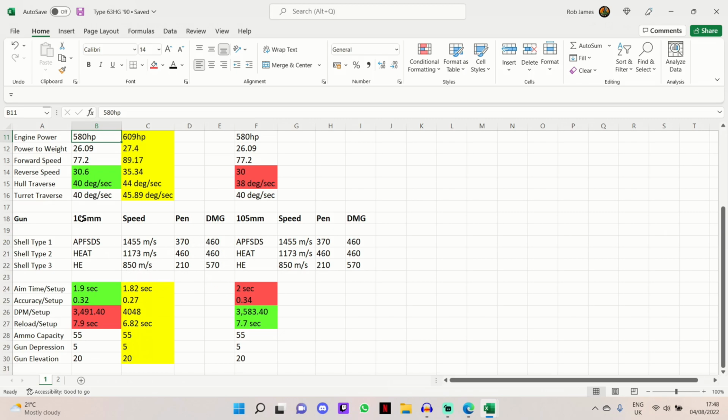So what alpha damage do you get on this 105mm gun? You get 460 alpha damage on your standard and premium rounds, and 570 alpha damage with those 210mm of penetration HE rounds. Penetration on the standard rounds is 370, which isn't too bad. It's not the best, but it is usable, and 460mm on the HEAT is very nice, but you do have